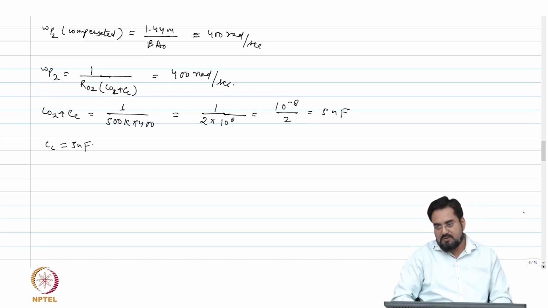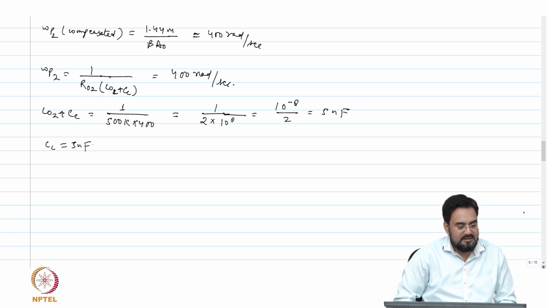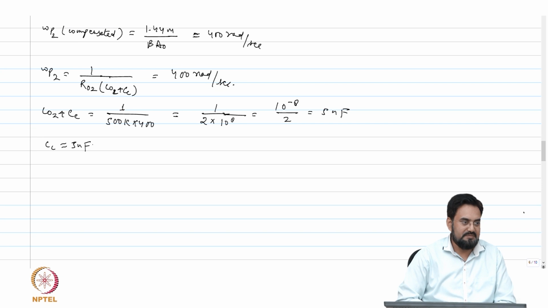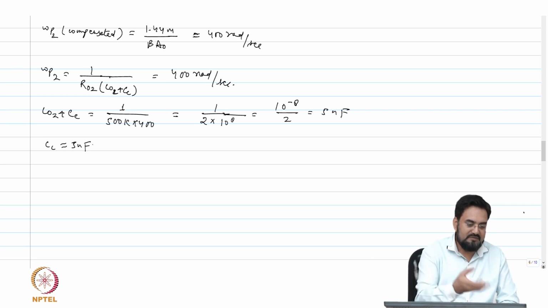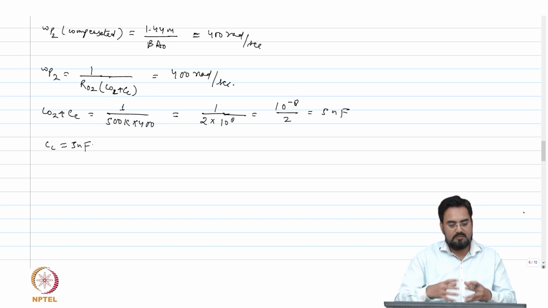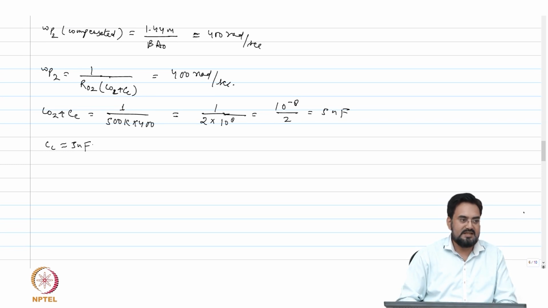Which means if you want to do dominant pole compensation, you will again require a very large cap, whether you put it at the second stage or first stage. Obviously, at the second stage it will require even larger, which is only possible with an external cap, on the order of microfarads. 5 nanofarad is possible to put on chip, but again it will take a lot of area. So practically not feasible. We never put nanofarad-order caps on chip unless you are only designing the regulator chip. But most of these regulators are part of a bigger system, and you don't want to bloat the area just by increasing the size of your regulator.